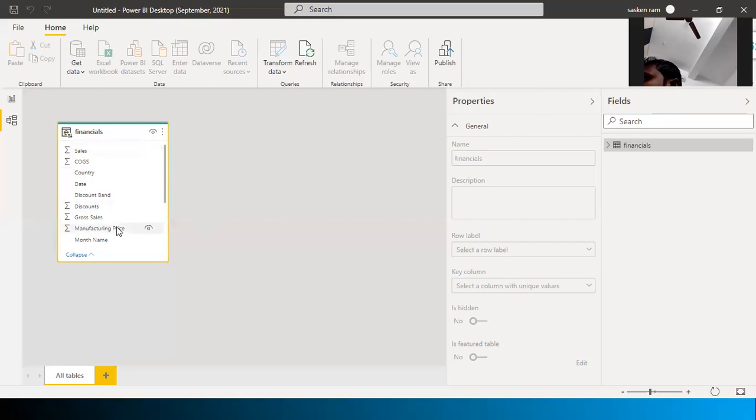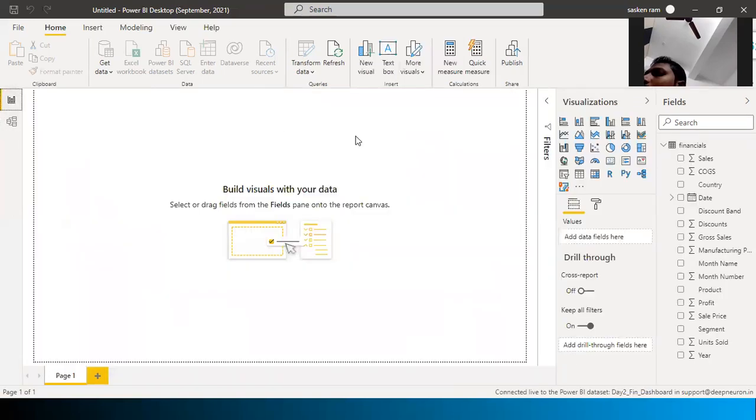You have all the columns that are required to develop your report, and the data is also available here. What you can do is simply go ahead and create the charts or the visuals. You can create the visuals here. Just drag and drop the visuals, and then drag and drop the columns that you want to generate the report. That's all. Power BI data sets.